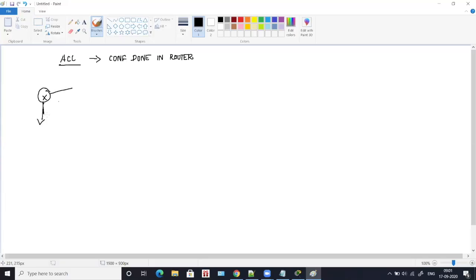So what type of configuration is this? Why do we go for ACL, or what basically is this configuration? Let me explain that. In your router, there is traffic that keeps going out and coming in.